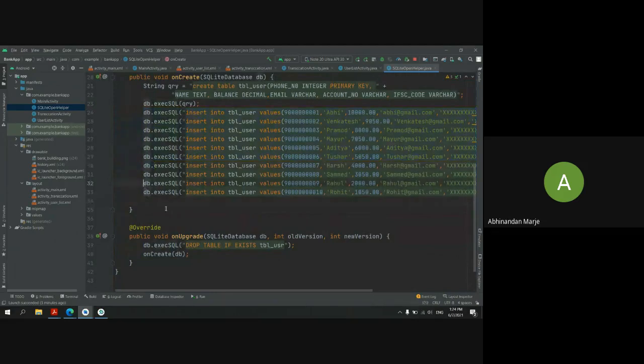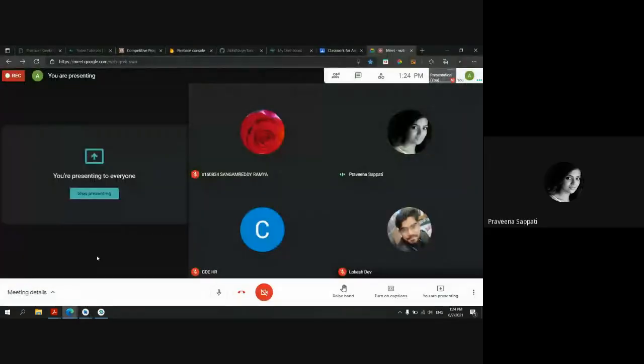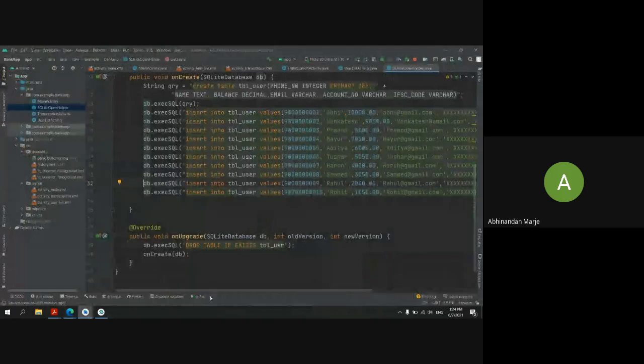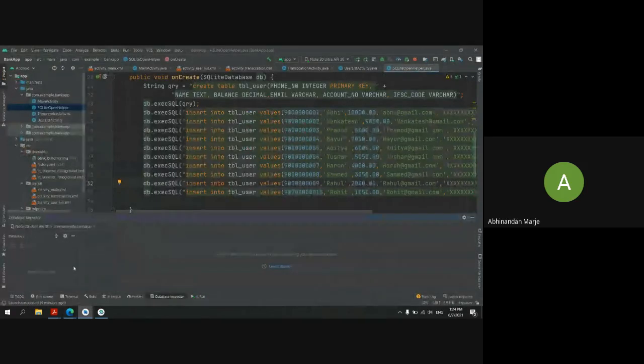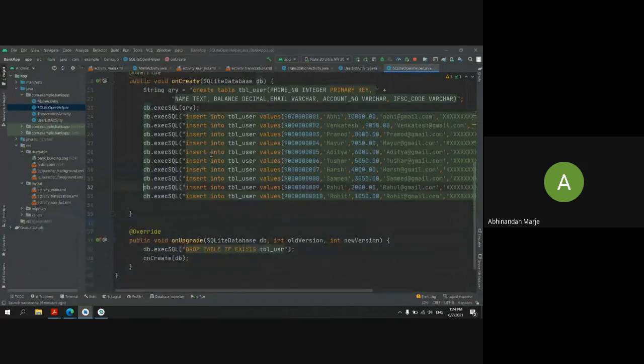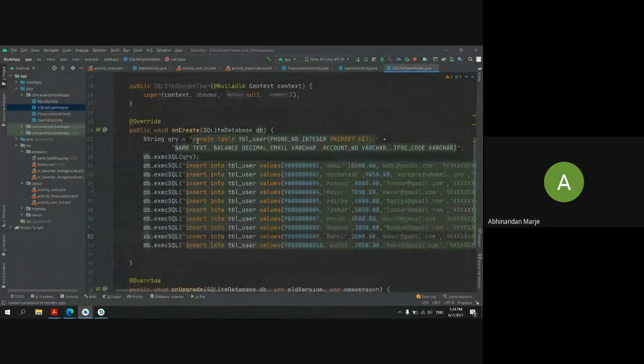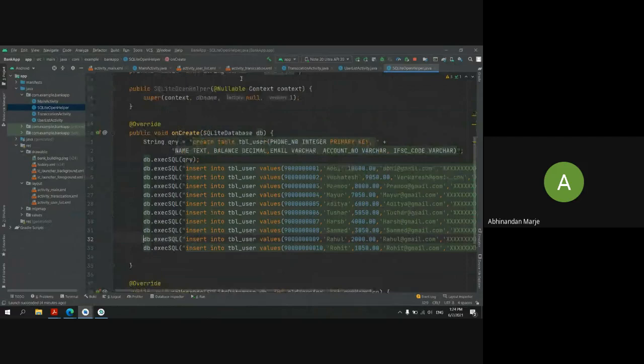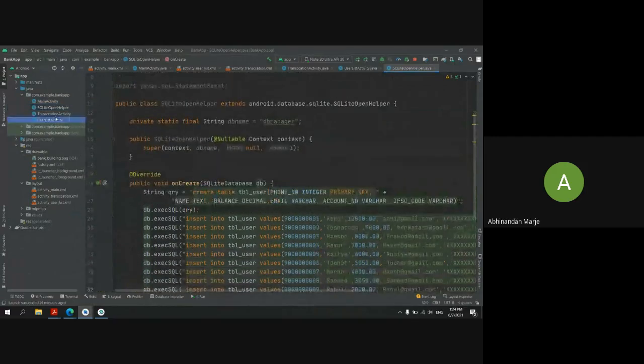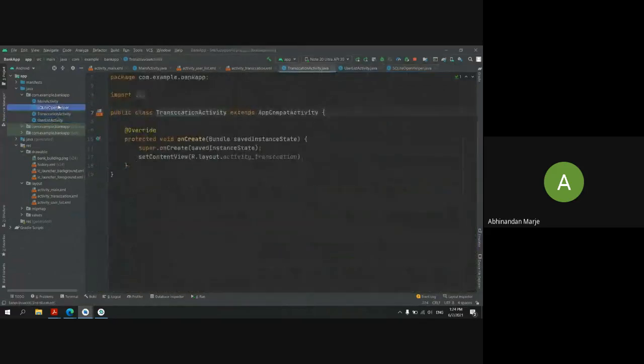So are there any doubts about creating the database? No, sir. Okay, and once we start extracting some data, you will get your database inspector. So right now it is not showing, but we don't need to worry because our code is as expected. So are there any doubts about creating the SQLite database?